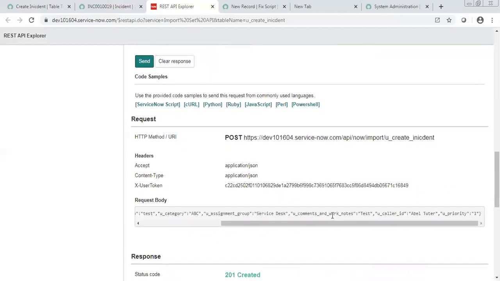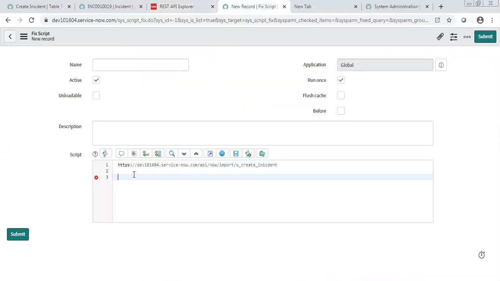Now, when we share this information to the third-party tool, I mean the request body, see, this u_assignment_group equals service desk, but they will have their own names, right? That's what we said. You need to come up with a kind of mapping with them. If they are sending X, then what you need to set as Y, Z. In a real-time scenario, if any incident is created on their end, whatever data they have will show here correspondingly, right? Yeah.